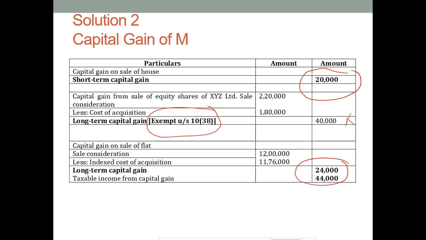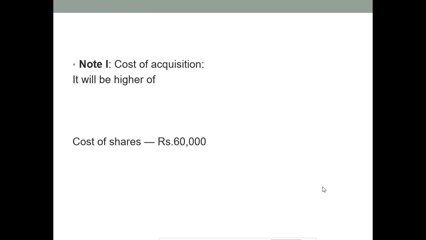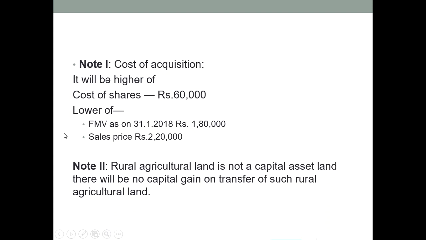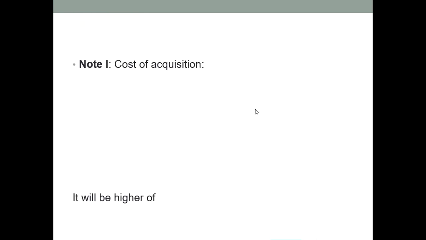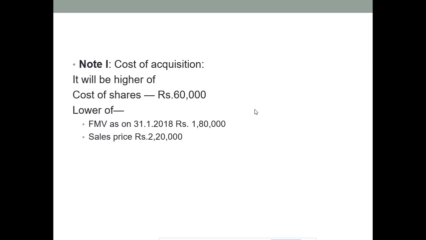This is not taxable. So total taxable income from capital gain is 44,000. So out of the five assets, if we see the cost of acquisition in the first case, that is 1,80,000. This 1,80,000 has come from the calculation which we have shown in note 2, that cost of acquisition